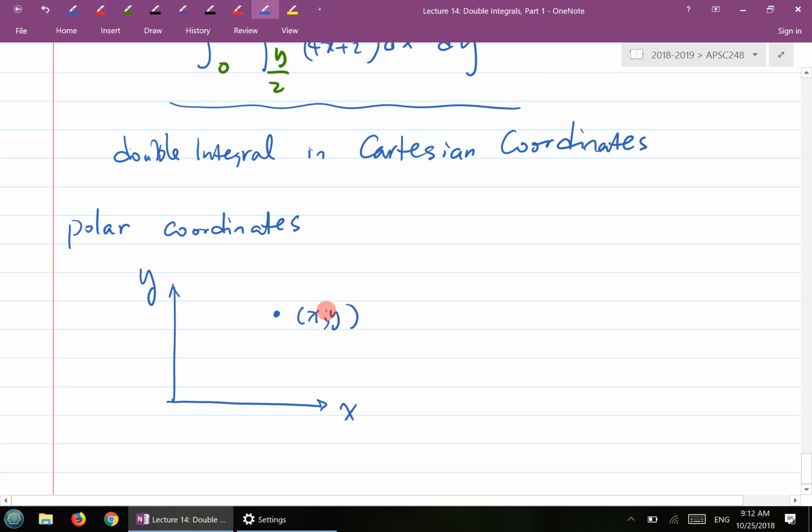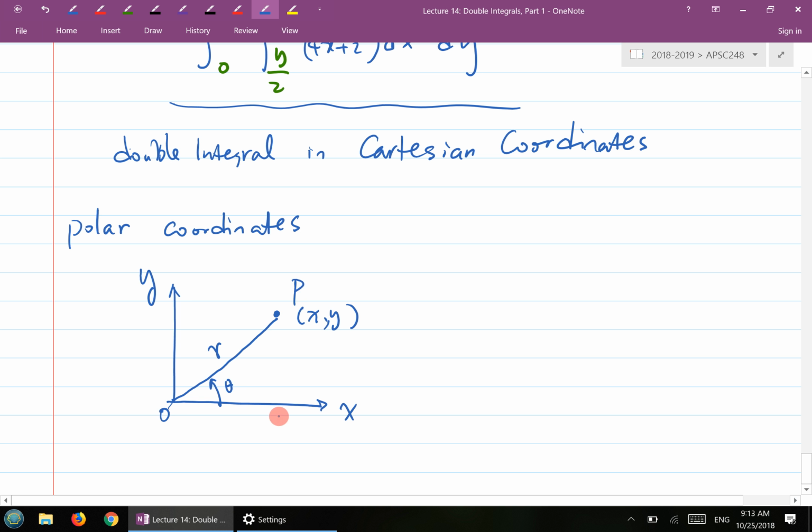However, I could actually use a different way to describe it. For example, if I create a line or vector, no matter what you call it, connecting the origin to that point P, and then calculate the distance from the origin to the point P, I call it R. At the same time, I will look at the angle between that line and the positive x-axis. So two pieces of information: the length from the origin to the point P, and the angle between R and the positive